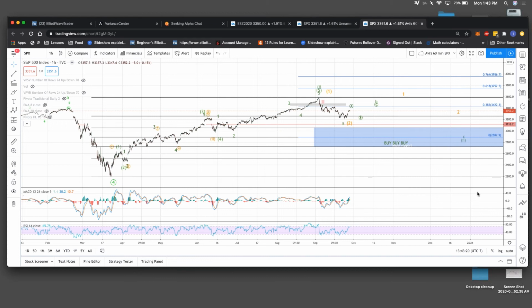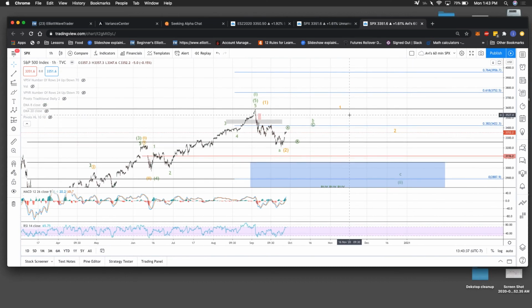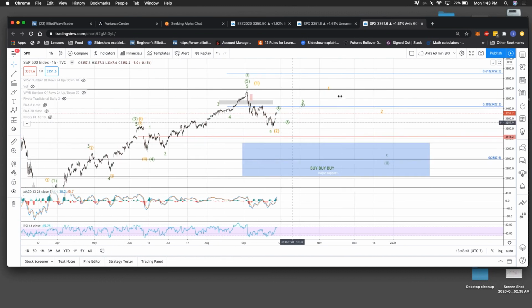Okay, next question. Harry Dunn has much more down than green circle B as one of his counts. Do you have any such counts? No, I don't. Vinay, at this point, the counts that Avi is tracking for the SPX is either the green count here, where we're going to get an A, B, C. We may see a lower B. I don't have a specific target in mind for the B wave. And then we get a C wave up to complete this B,